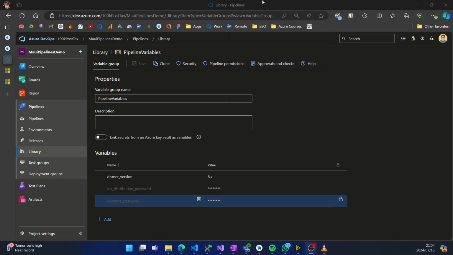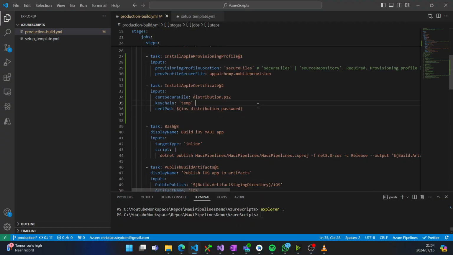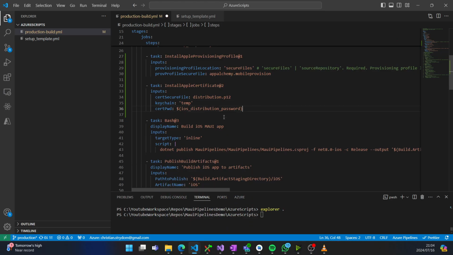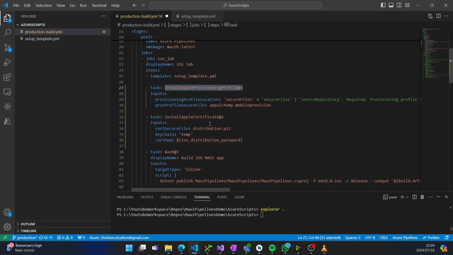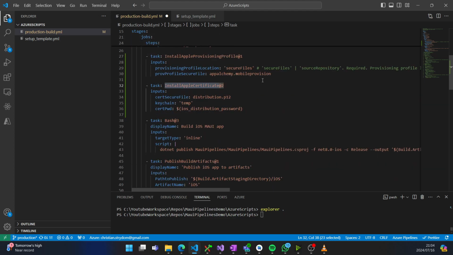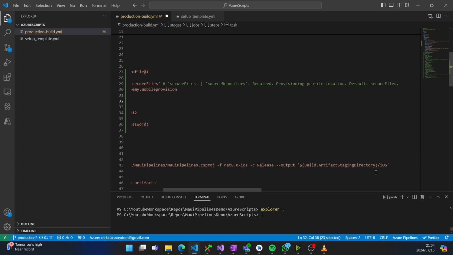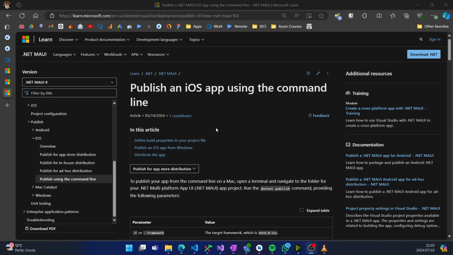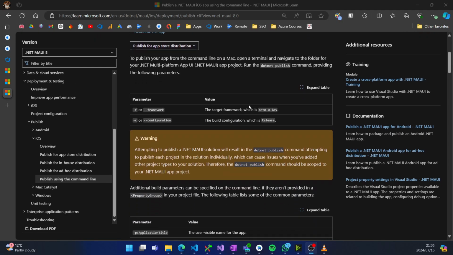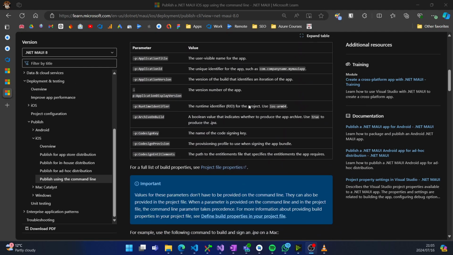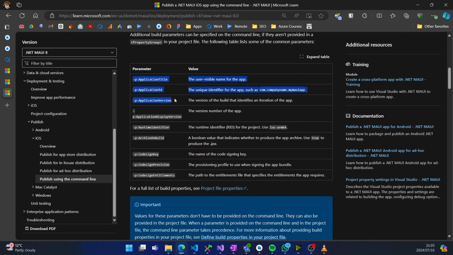So now everything is set up where we have our provisioning profile installed and our certificate installed. And now we just need to reference these files when we are doing our .NET Publish. So we're going to go back to the Publish an iOS app using the command line. And if you scroll down, as I mentioned before in the previous video, that these -p are parameters that gets